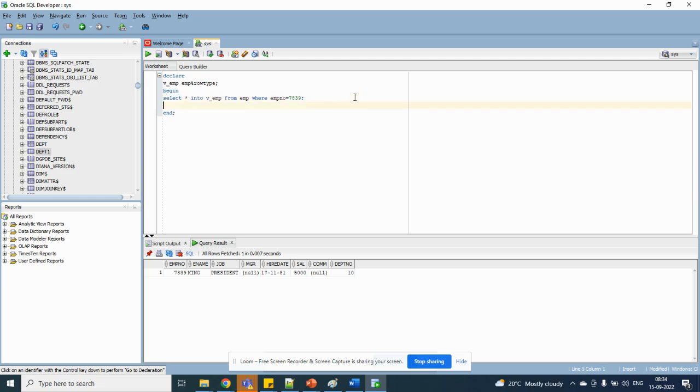Now if you want, you can display it. For printing to a file we have other commands that we can discuss later. As of now we'll display it on the screen. What we need to write is DBMS_OUTPUT.PUT_LINE. Here we give v_emp dot,